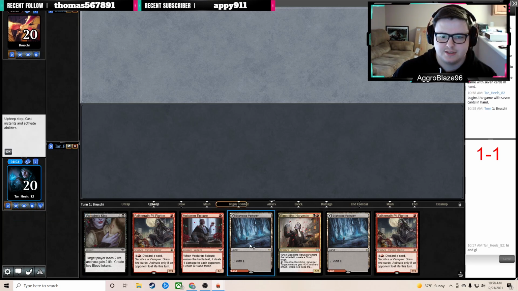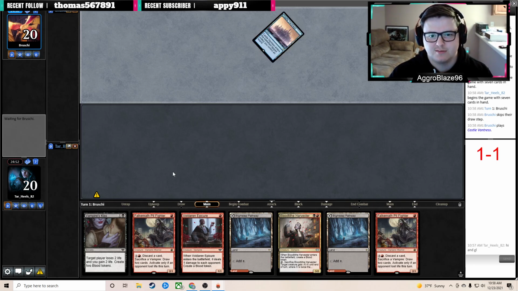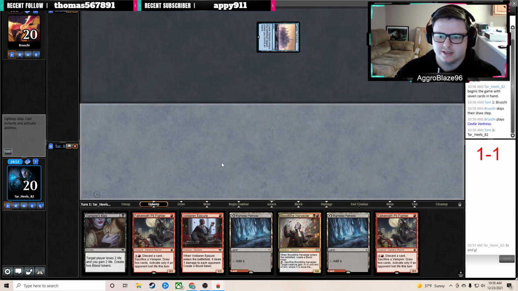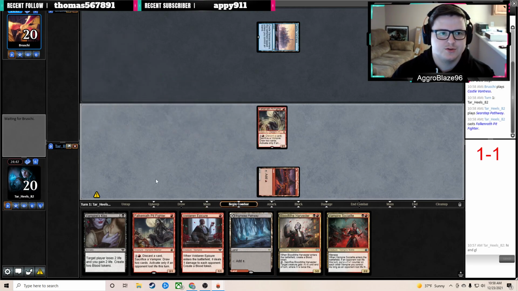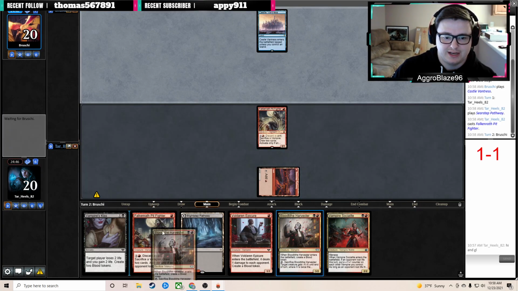Yeah, we're going to keep this. This hand's really good. Bloodtithe Harvester also doubles as a removal spell if we need it to, but that does not matter because we are playing against blue-white control. At least I assume it is. I don't know many decks that play Castle Ventress that aren't blue-white control in Pioneer, so...